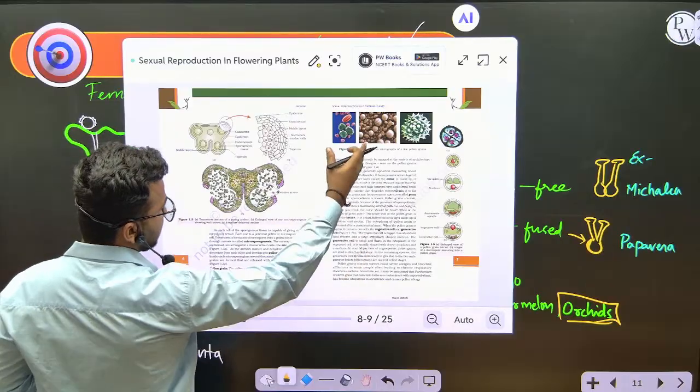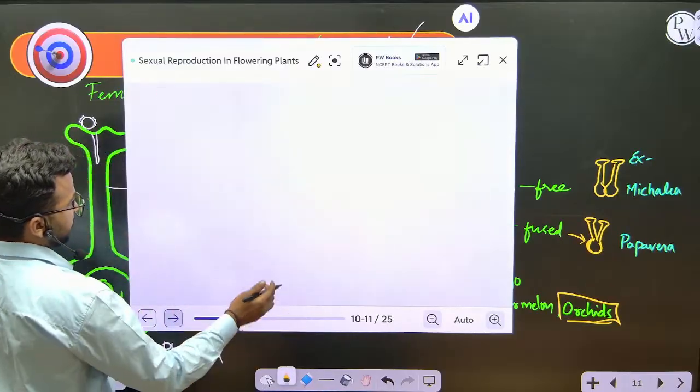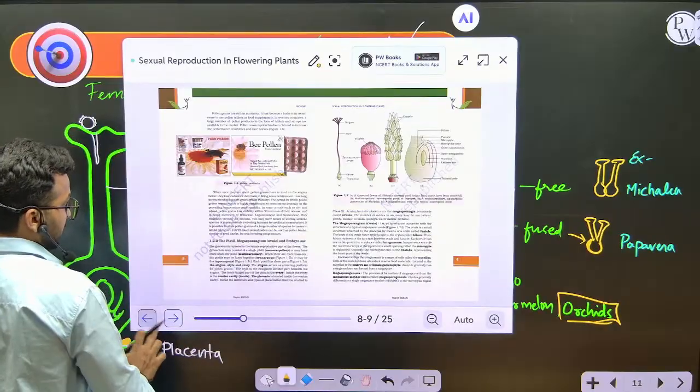So far, what we have discussed is given here. You can check that later. NCERT line by line, you need to go. So here,